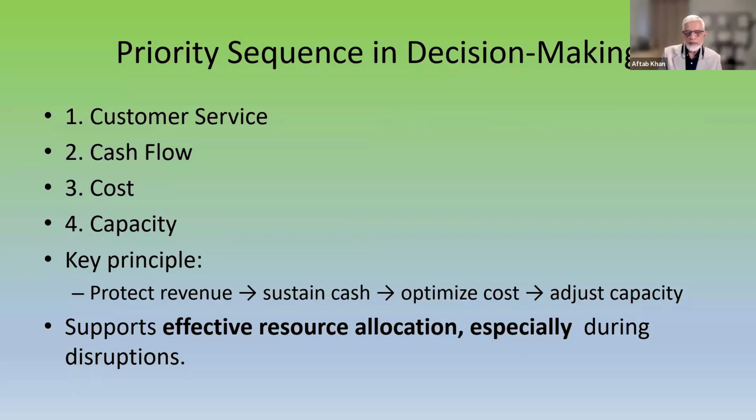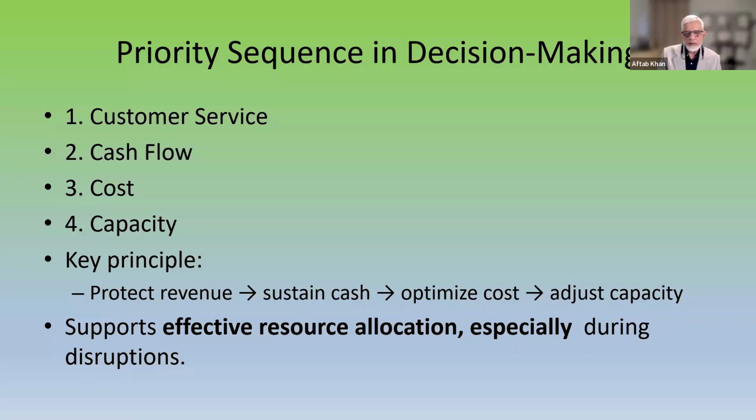Decision making. It comes to a point when you have a constraint, your first focus will be customer service. That drives cash flow. Then you look at cost and capacity. Normally, capacity is the constraint, and that also requires cash flow to be able to get new capacity, hire new people, and get more equipment. Even if you want to go to a third party, you have to set up contracts and technical quality agreements, which also cost money. Again, you need cash flow.